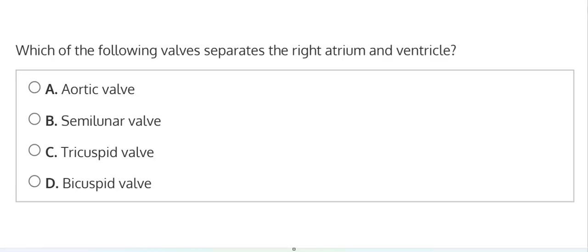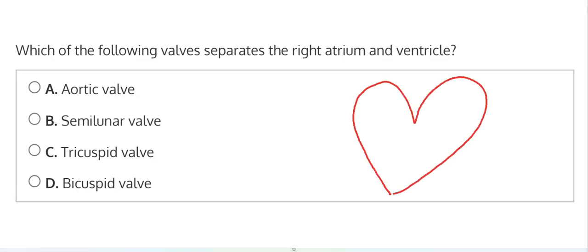Which of the following valves separates the right atrium and ventricle? So we remember we have our heart, and we have our atrium and ventricles, the four chambers of the heart,